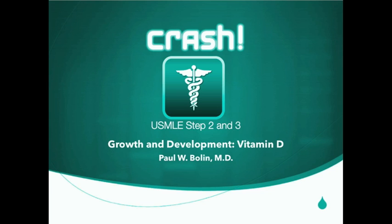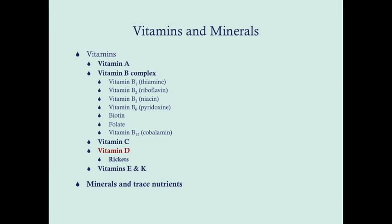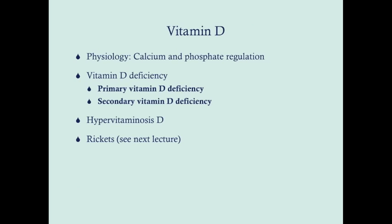So we're going to talk here about vitamin D. And vitamin D is really important for the metabolism and the regulation of calcium and phosphate. It's important to have a really good understanding of that regulatory process and physiology, how vitamin D works, not just